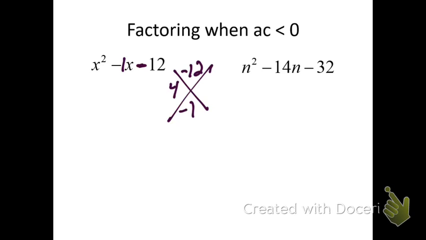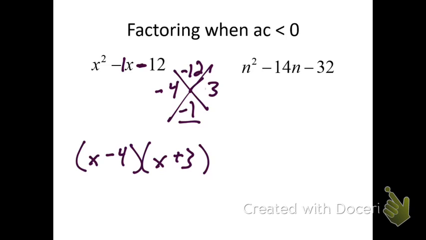Okay, so if you do 4 and 3, it's a good start, because they multiply to 12. If I do this, they multiply to a negative 12, so that's great. But they don't add up to a negative 1. They add up to a positive 1. So if you end up with that situation, take the negative off there, and then make that negative. x minus 4, x plus 3. Because this one, if you multiply it out,